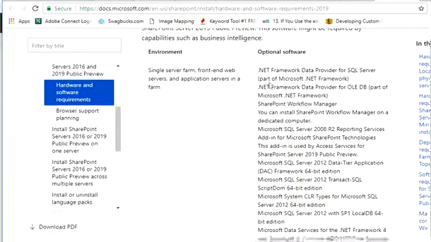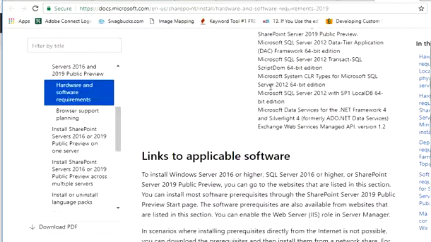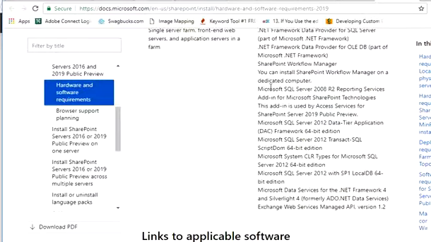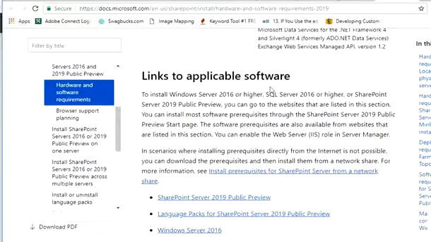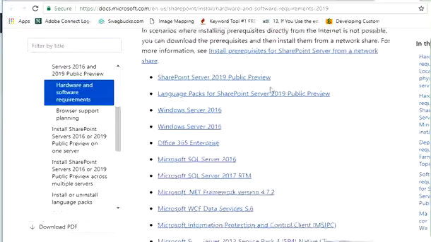There is some optional software also. Right now I have not configured it, but down the line I'll definitely do that, and I'll publish more videos for you to watch and comment about. Now because I have this 2019 version ready, in my upcoming videos I'm going to publish how to configure search, UPA, and other service applications, including site creation.